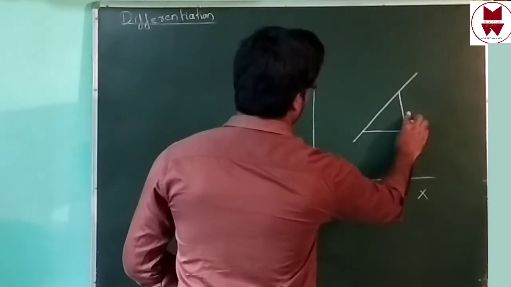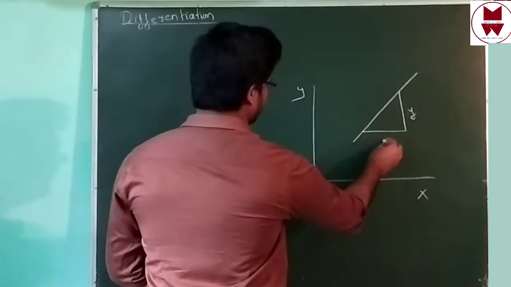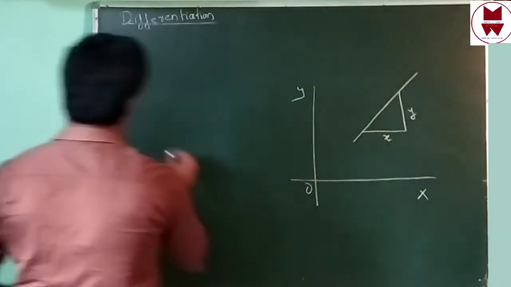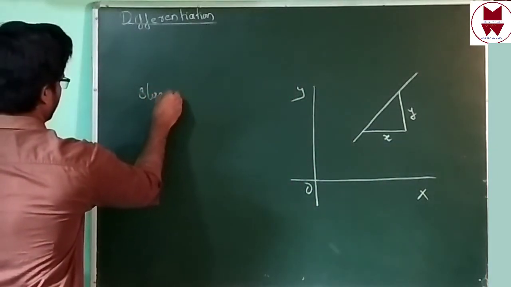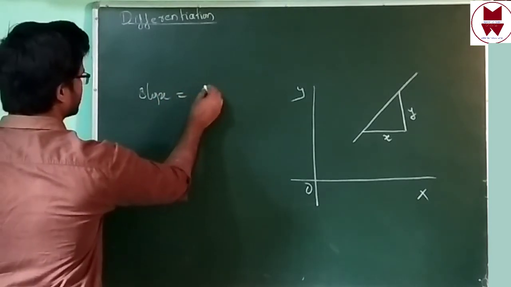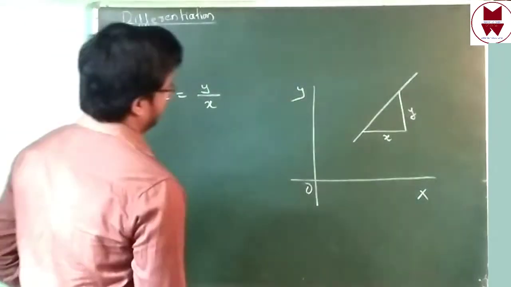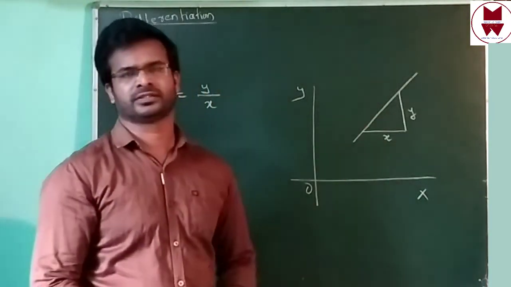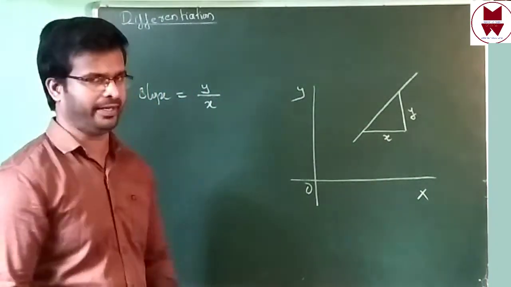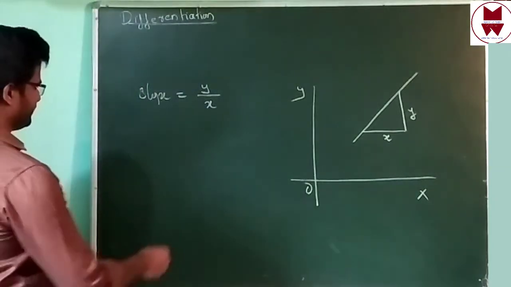This is the y value, then this is the line, and this is x. Then we can write the slope as y divided by x. That time we will get the slope of this line, y divided by x. Then, in case